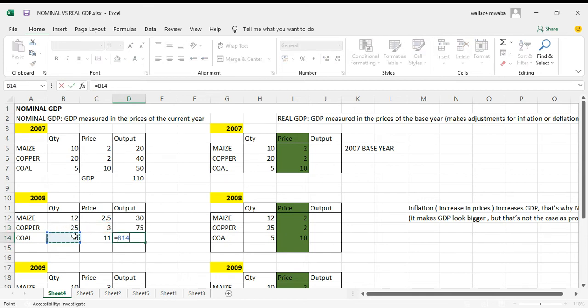And 5 times 11, get 55. So calculate now the gross domestic product. 30 plus 75 plus